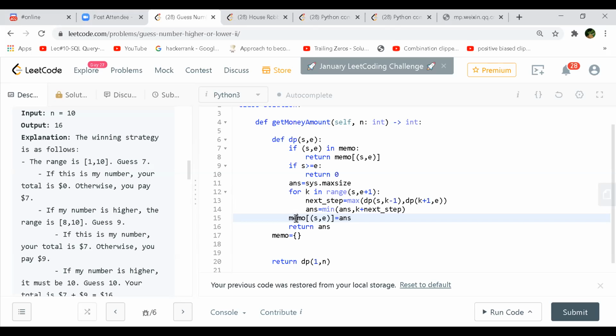Line 13, what is the reason that we need to take the max? Because we want to explore both the paths, right? The right side and the left side. And we want to keep the max one? No, we don't want to keep it, but anyway the max will come. In the worst case, we have to see what is the worst case scenario for a particular index. Whenever we get that worst case, we still have to minimize it when we want the answer. So the max is the worst case, right? Line 13 is the worst case, and out of that, we take the minimum one. Then we come to line 14 and take the minimum, yes.